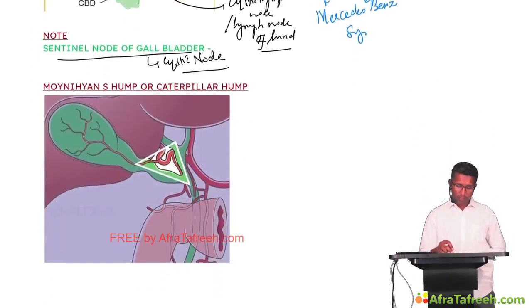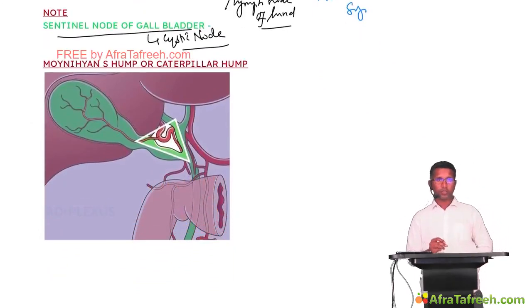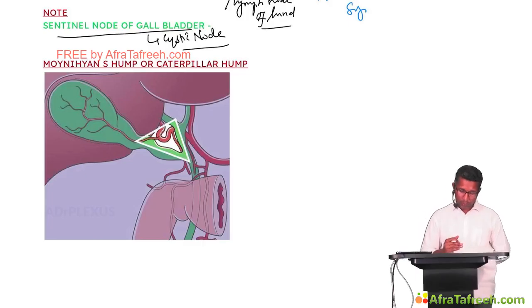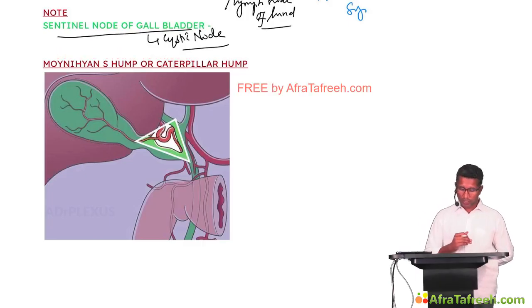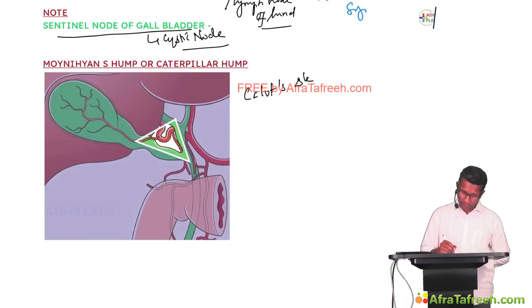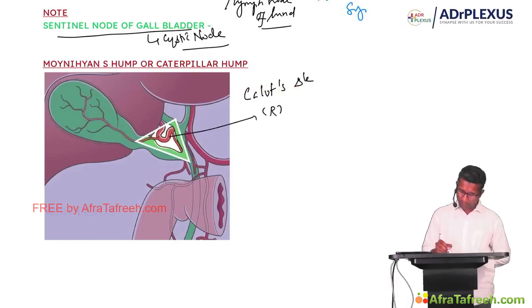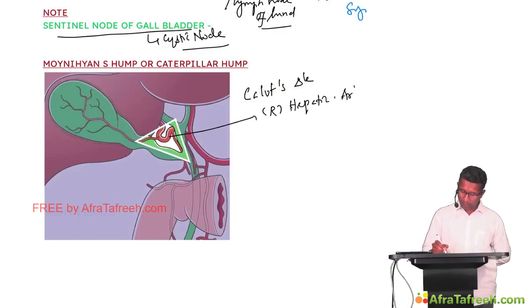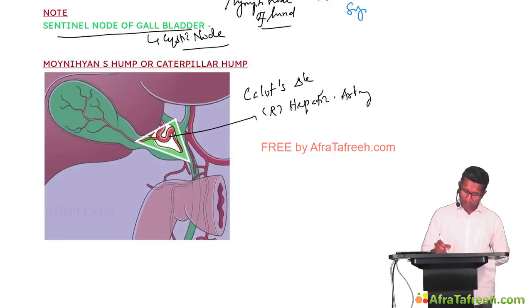So sometimes the right hepatic artery may form a tortuous loop and give rise to the cystic artery, which supplies the gallbladder. So in that case, in Calot's triangle, you see the right hepatic artery instead of the cystic artery. When you see this tortuous right hepatic artery in Calot's triangle, then that anomaly is called